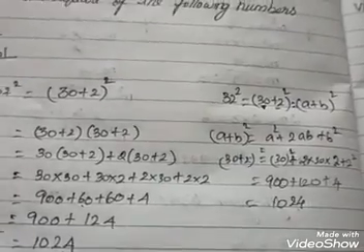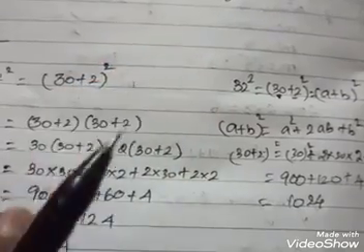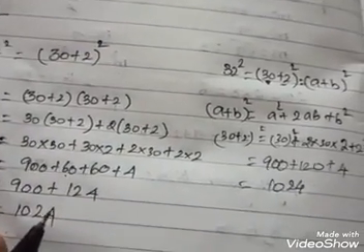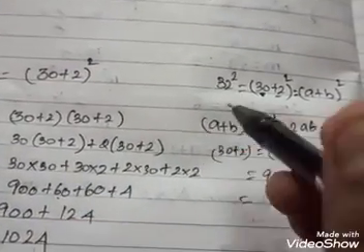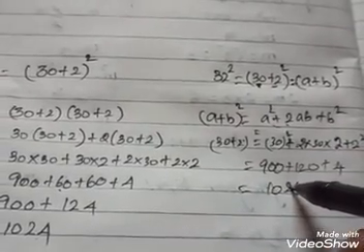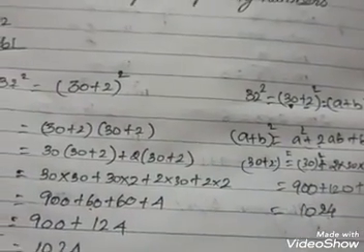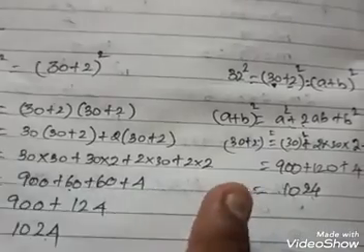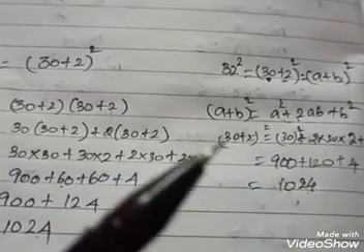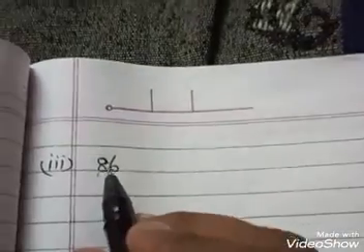Okay children, you can solve using direct multiplication, or otherwise you can go with the formula method, no problem, you get the same answer. Instead of multiplying 32 into 32, you can use any one method. Next we move on to question number 3. So question number 3 is there.